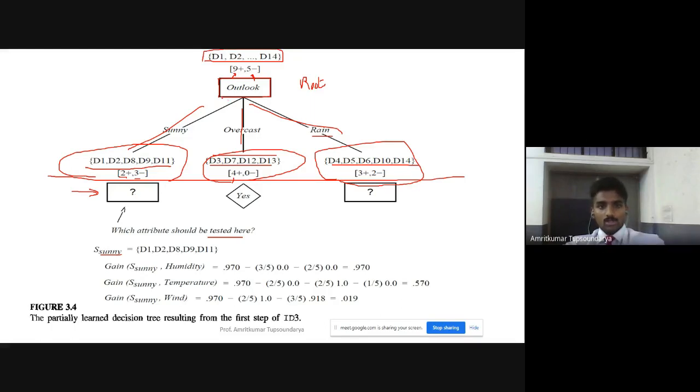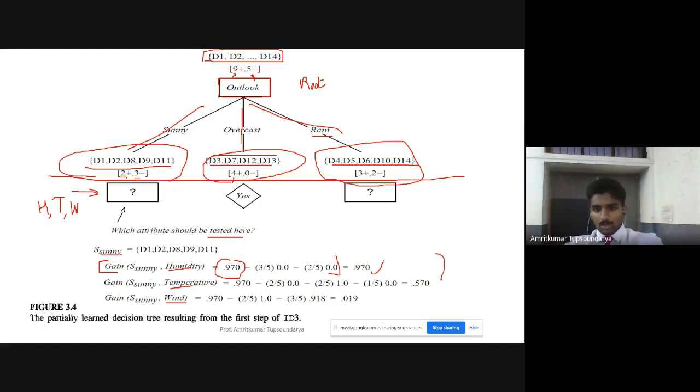Please remember, we are only computing which will be the next best attribute for this particular node. Since we have already used outlook, here it will be either humidity, temperature, or wind. Out of these three attributes, which will be the best suitable attribute that will fit here? That we have to compute. So for all these attributes, humidity, temperature, and wind, again we compute the entropy, and using that entropy we substitute into the information gain formula, and we compute the information gain in all the cases.